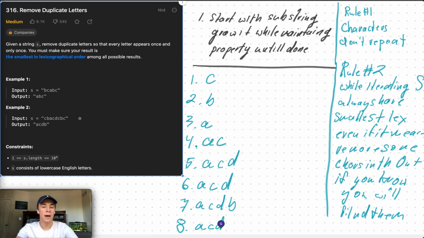Then on the third step, I am trying to append A to the output, but A has a specific property or situation in this case that previously didn't happen. A is lexicographically smaller than both B and C. And so while comparing A to the current output, I can see that A should probably be somewhere towards the beginning rather than at the end. What I would like to do now is check if both C and B are in something called